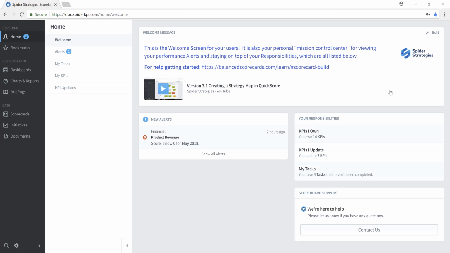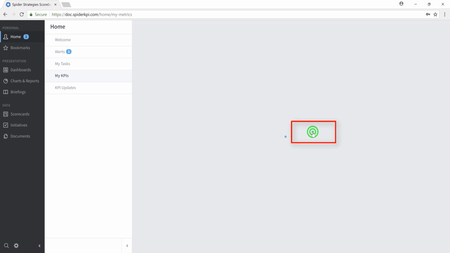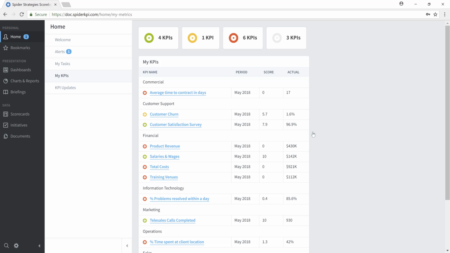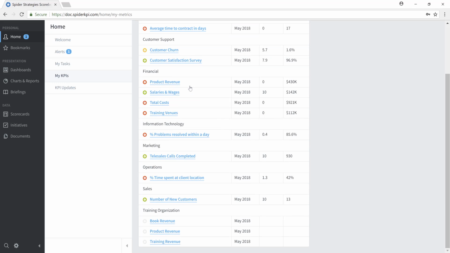Next, let's move over to the Your Responsibilities area of the home page, where there's a listing of KPIs I own, KPIs I update, and my tasks. We'll start with reviewing KPIs I own. If you click on it, you're provided with a consolidated table or listing of all KPIs that you own within